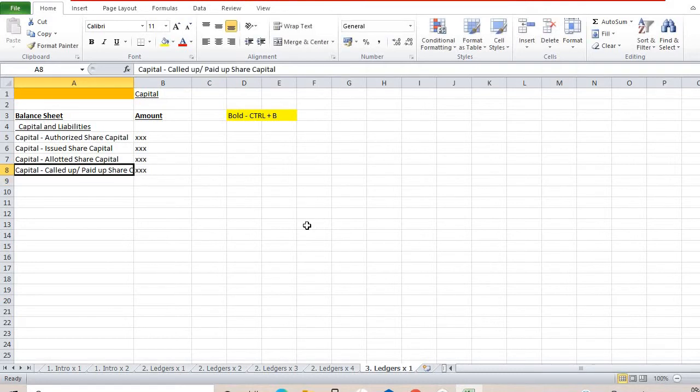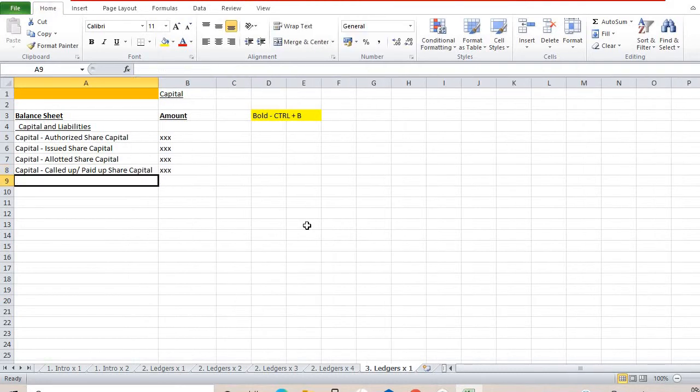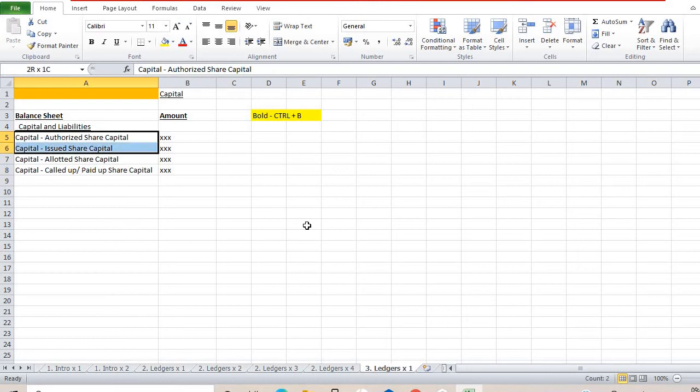Okay, so this is the idea behind your capital under your capital and liabilities, and once your capital is done, we would move on to liabilities, and I will show you how to do this a little later, right? So we can look at the complete picture of a balance sheet maybe once we finish all of the general ledgers and move on to the balance sheet. But right now I want to talk about all of these items here. Okay, so let us talk about authorized share capital.